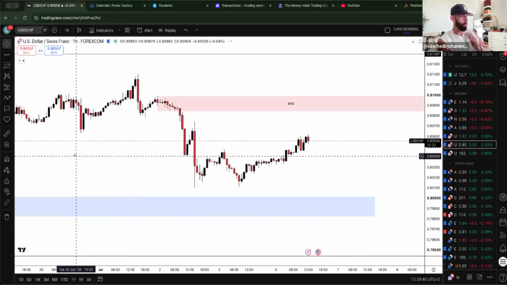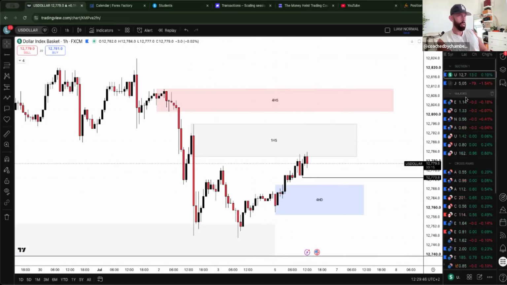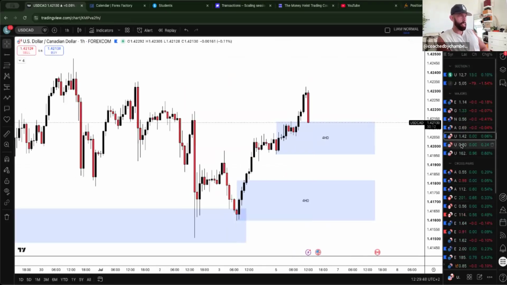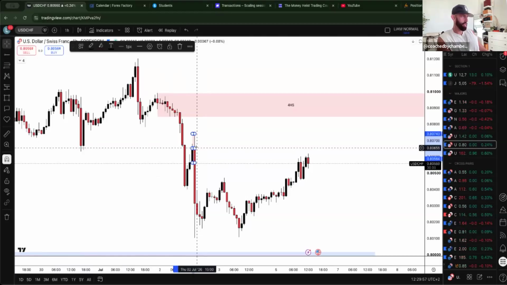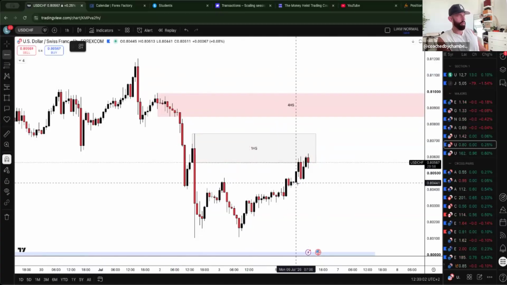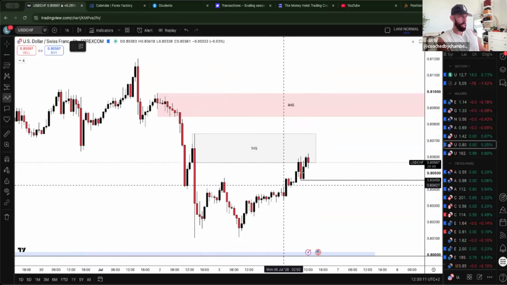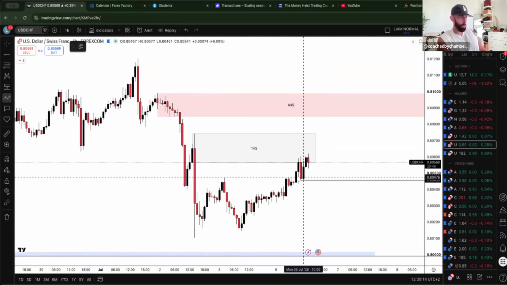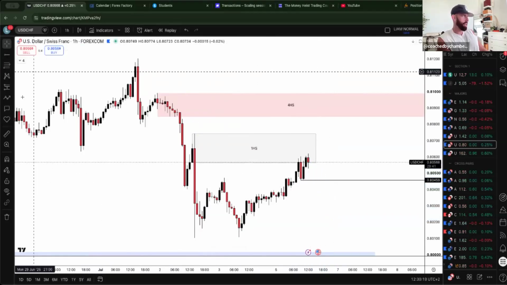Now, if the dollar's carrying on shorting from the 1 hour, which we just talked about, then what we can expect is this 1 hour supply. Let me just mark this out. We do have this 1 hour supply. What do we need to wait for? What we need to wait for again is a confirmation that the internal is also bearish, because right now this internal is bullish. So I would not be looking at participating in any shorts until we break at least this low. And if we break this low, then you can look for this.